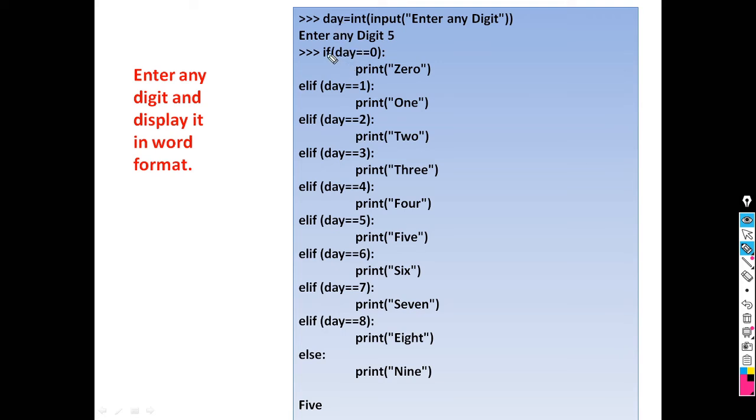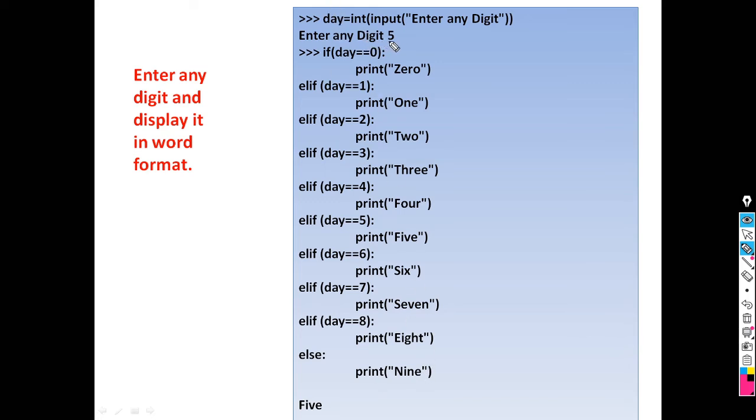Okay, so if day is equal to 0, it prints 0. If it is 1, then it will print 1. If it is 2, it will print 2. If it is 3, it will print 3. Like this, it will repeat, it will check for all digits from 0 to 9.